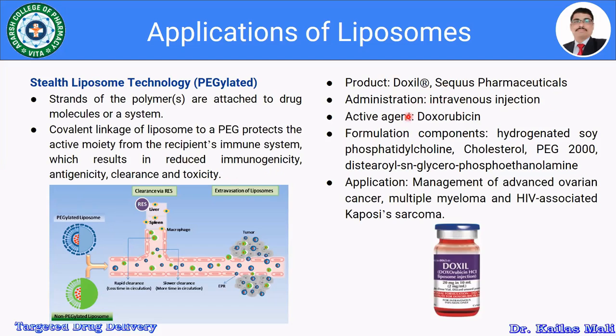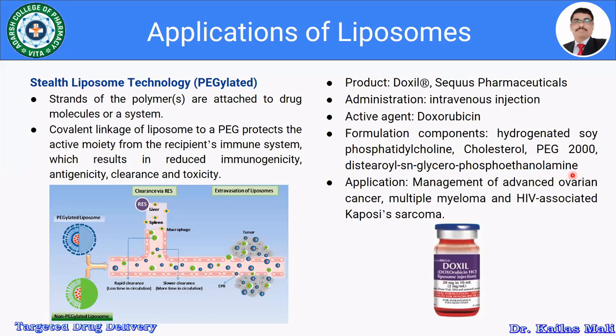It contains the active pharmaceutical ingredient doxorubicin. The formulation of Doxil contains hydrogenated soya phosphatidylcholine, cholesterol, PEG 2000, distearoyl-sn-